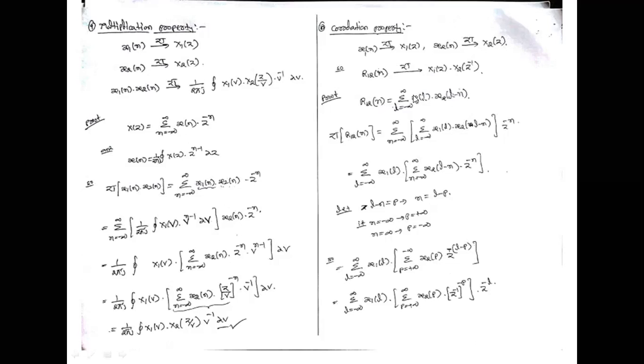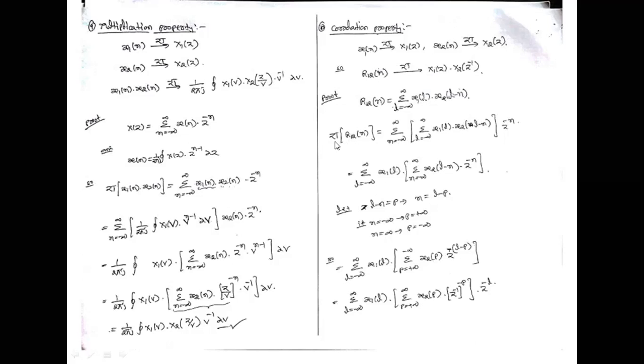R12 of n, according to the discrete time signal, is a sum, sum of L equal to minus infinity to infinity. I'm taking L simply as a variable, because we have already taken n. You can take this as n here, or you can take k also, or tau: x1 of tau, x2 of tau minus n. Sum over L from minus infinity, x1 of L, x2 of L minus n, and then apply the Z transformation of